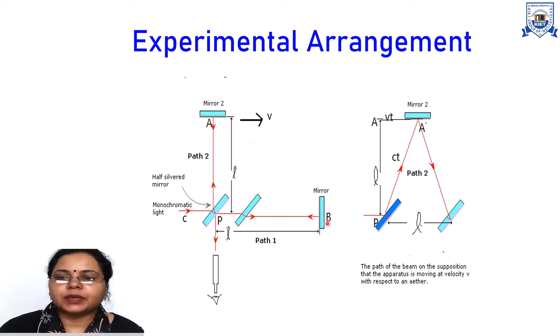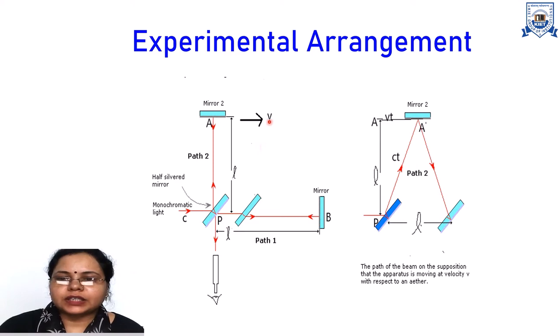These mirrors are perpendicular to each other and they are both at equal distance from plate P. This plate P is partially silvered, so we can easily split the ray. Let us consider the distance of mirrors M1 and M2 from plate P to be L. This setup is on the earth, and the earth is moving in the positive x direction with respect to ether with velocity v. Here v is the velocity of the earth which we have to find out with respect to the absolute frame of reference, that means ether.